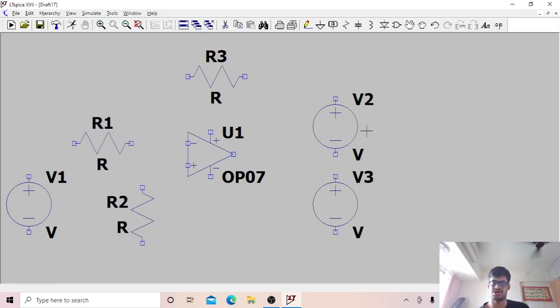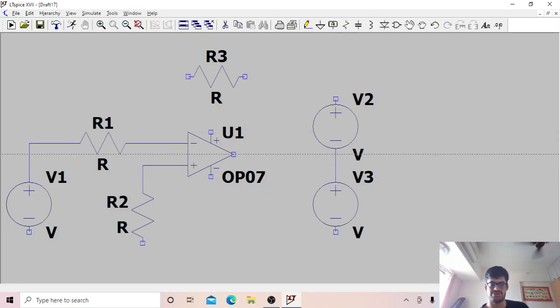Now you just have to connect the components of the circuit using the wire. We can just drag the wire to connect the circuit, and this is how you connect the pins.